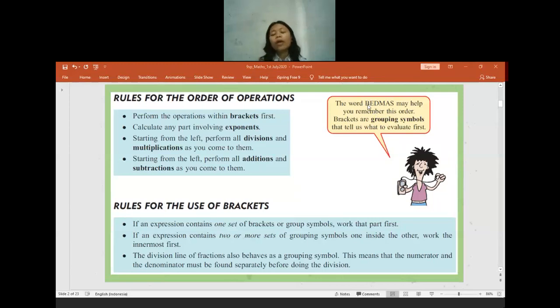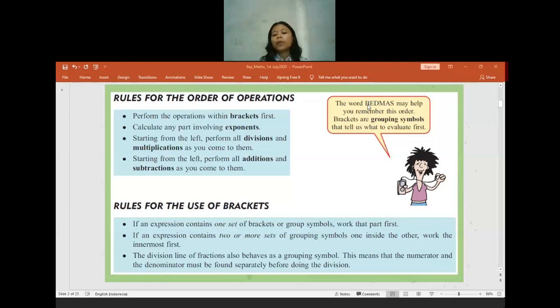Whenever you meet an exponent, it can be indices, a number with power, or a number inside a square root. We have to solve it. After we are done with it, we continue with the division and multiplication. Whatever comes first we do first. It doesn't always have to be division and then multiplication. We start from whatever comes first. If multiplication comes first, we do multiplication first, then division.